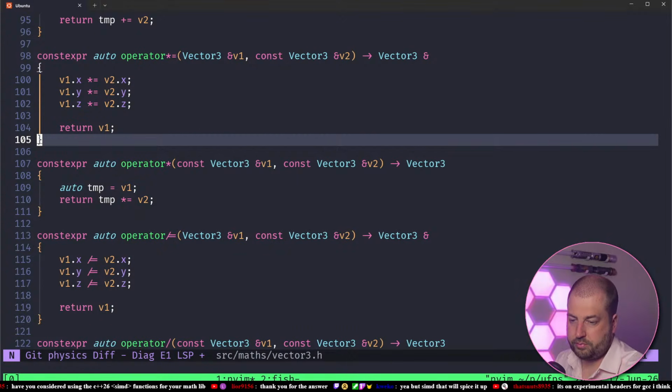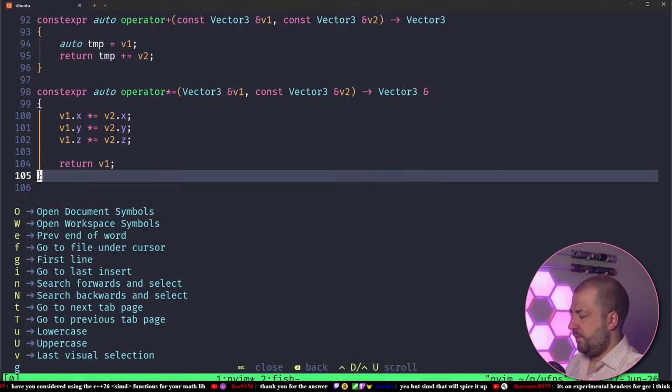So yeah, I'm already using trunk, but using experimental headers within that, I feel is maybe a step too far for my own sanity and stability. But we'll see. Okay, right. Anyway,